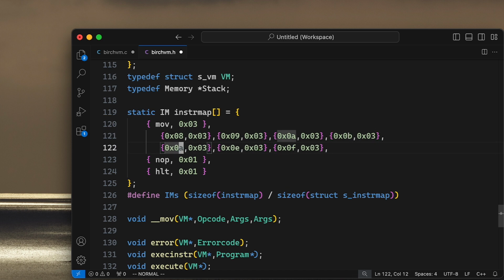And this should be, let's see. This was an E, so it should be a, what was it? Let's see, we have 8, 9, 10, 11, this should be C, this should be D, this should be E, and we add that last